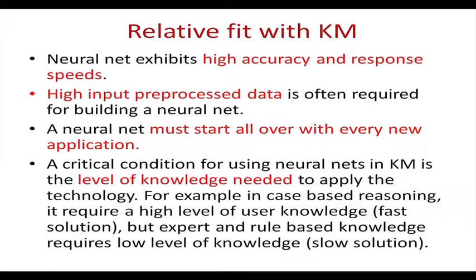Since it is more objective data that you get, and you are going to use sophisticated statistical tools for the purpose. These neural networks are basically related with high accuracy and response speeds, because if the data is correct, then you get better, correct results. Response speed means that the results come very fast, because you have already programmed it into software, and then you just put the data into the software and you get the results, right. And if the data is accurate, then you get correct results out of it.